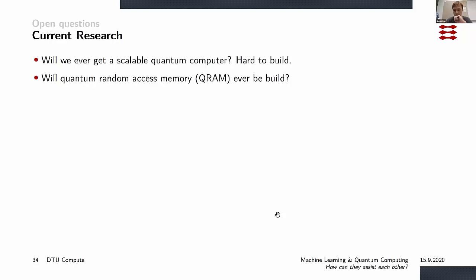And also people talk a lot about, and you see papers even coming out today, that a lot of papers assume what's called quantum random access memory, but we don't even know whether that would be built yet. But still a lot of papers right now are assuming this, and then they do all the theoretical stuff behind, which is quite interesting, but we never know whether it's actually going to be used. So that's also a very open question.